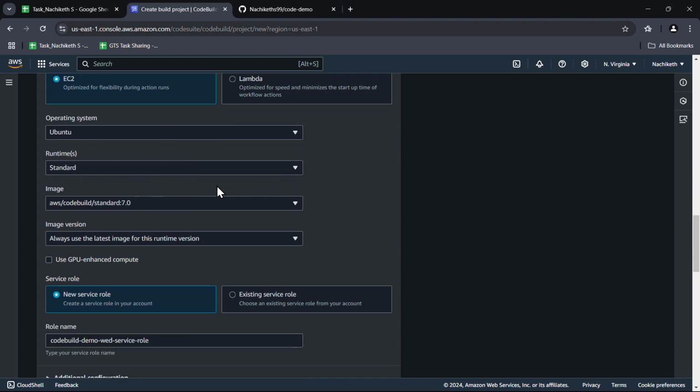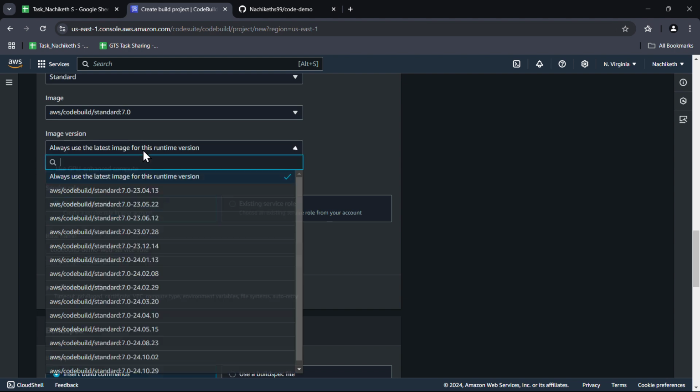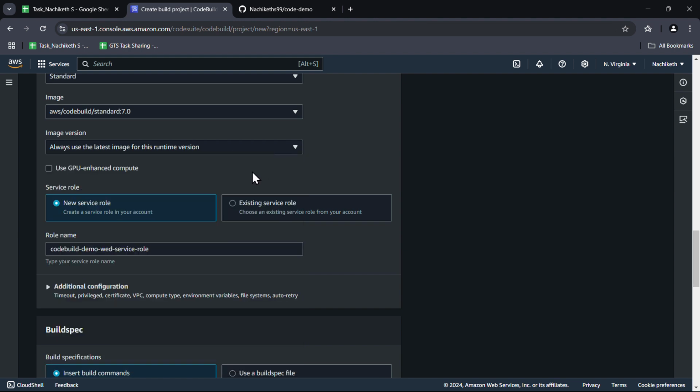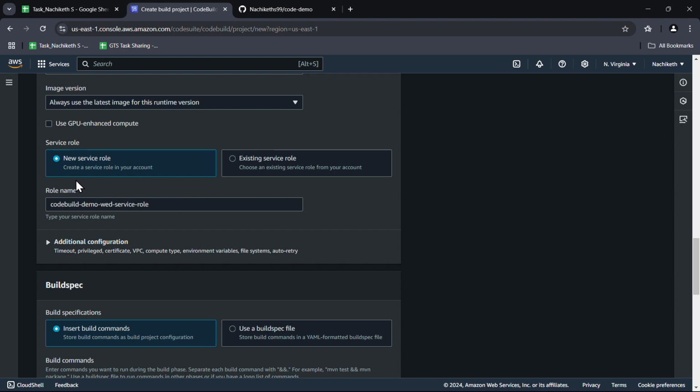Fine. Standard things, image version. If you have anything, always use the latest image, that is the better one. Instead of going and looking into the versions and all, it might create a problem. Automatically, the role or the permissions which are required for this application to run,